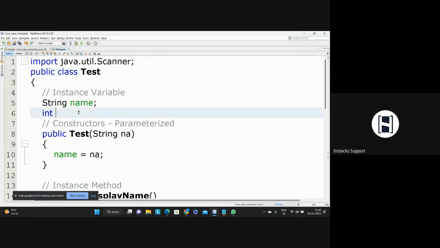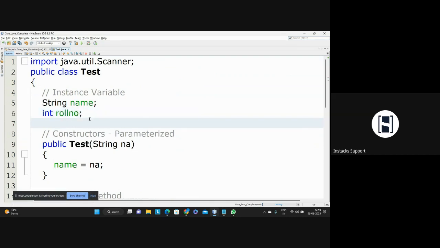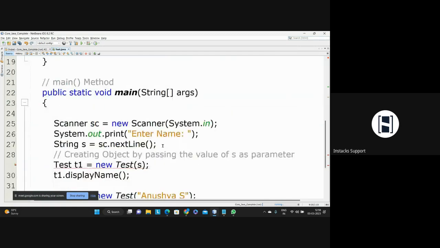Let us say I have another one. I have something like this, roll number. So here, I'm going to add another parameter, int RNO. So I'm going to say roll number is equal to RNO. Like this, however many variables there are, you can keep adding the parameters. But remember,